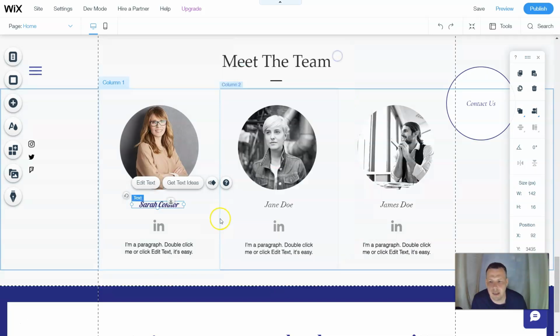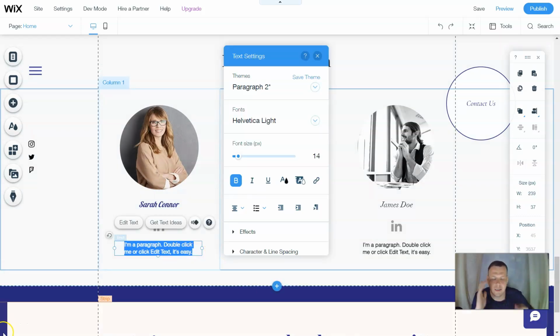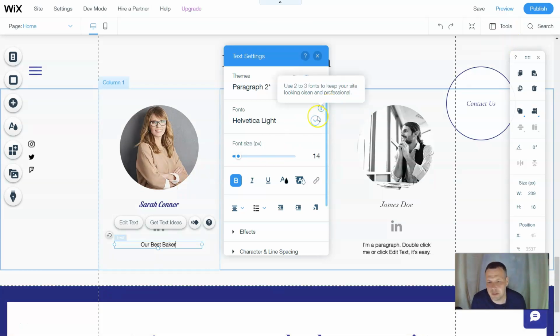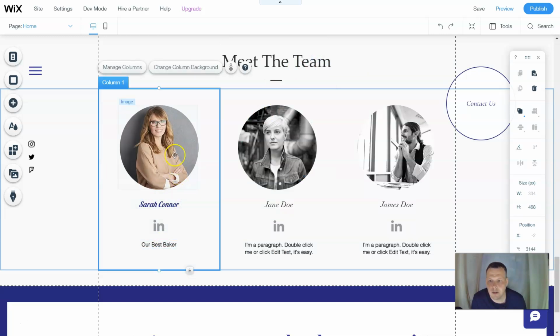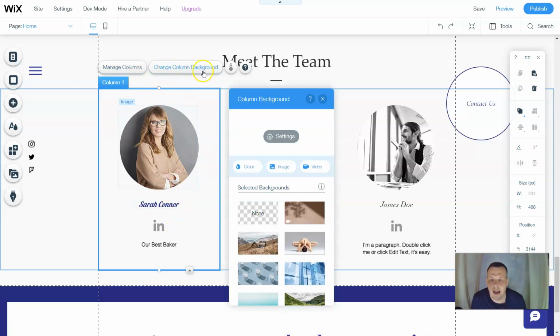Alright, now that's for the text of the name, and I can put here about a little bit of information. Our best baker. Just something normal, right? This is something I want to add. Alright, I'm going to exit out. I'll leave that the same. Now, this is the column. You can manage the columns and you can change the column background. I want to change the column background